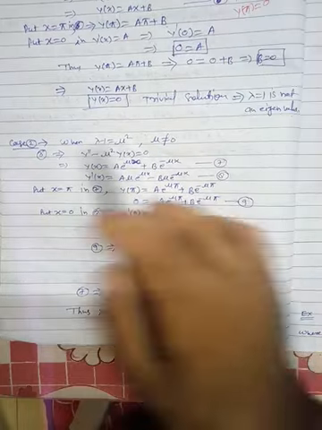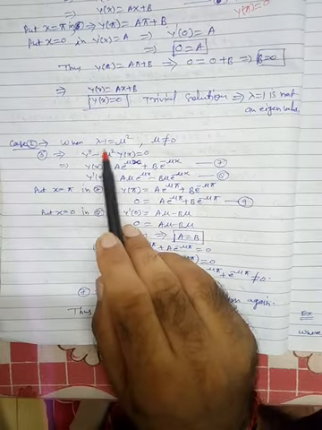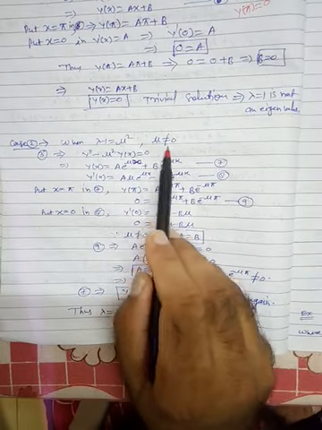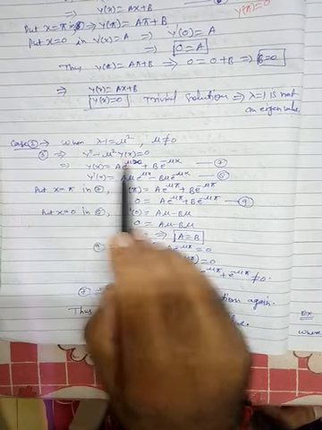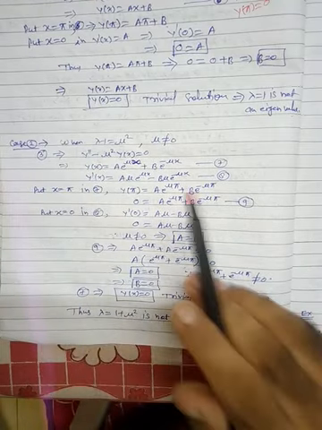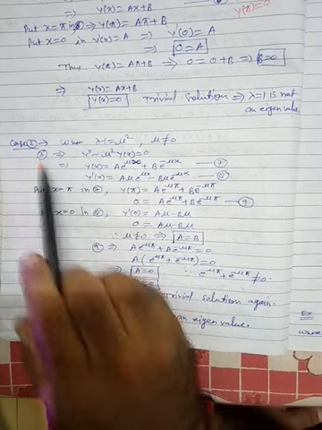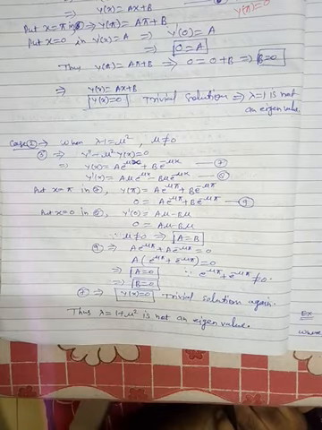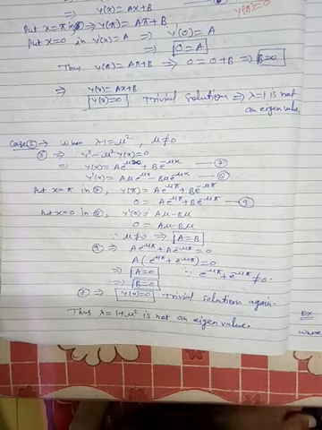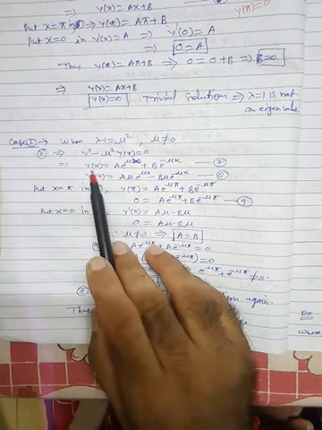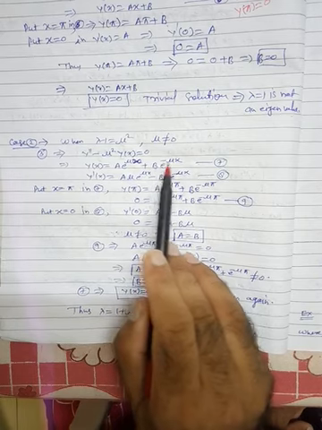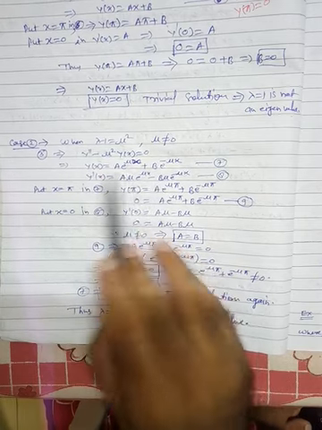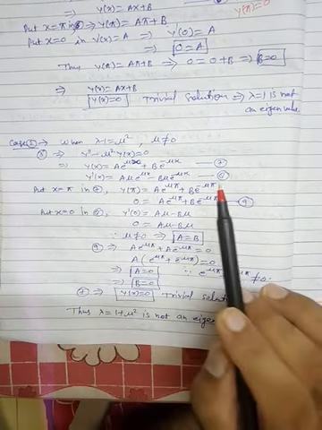Fine. Now the second case, when lambda minus 1 is mu square, where mu is non-zero. So lambda minus 1 is replaced by mu square, and this is the equation. Now the third equation implies this equation. Now solve this differential equation. So we have y(x) equal to a e raised to the power mu x plus b e raised to the power minus mu x. With the help of the auxiliary equation, we get this solution.